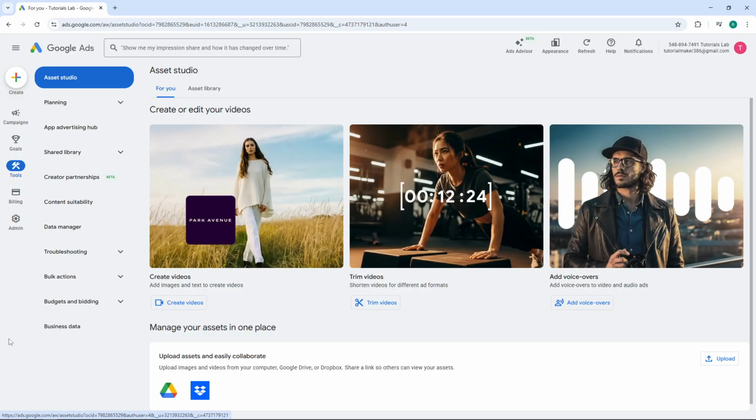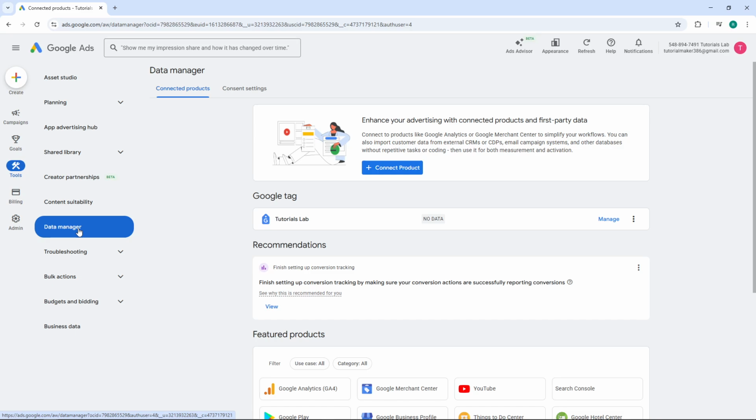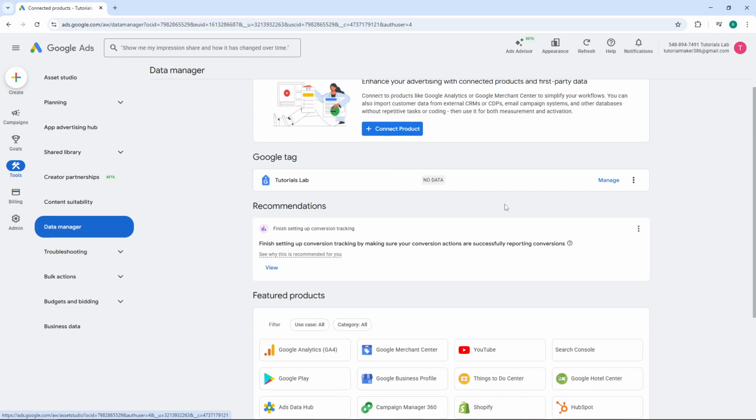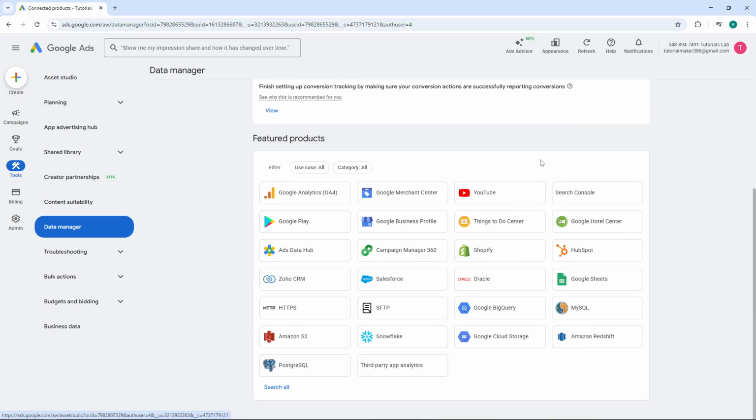Once you click on Tools, the menu will expand to show you several options. From this expanded menu, locate and click on Data Manager. The Data Manager is your central hub for connecting third-party applications and managing how data flows between Google Ads and other platforms you use. It's an essential feature for anyone looking to integrate their website or e-commerce platform with their